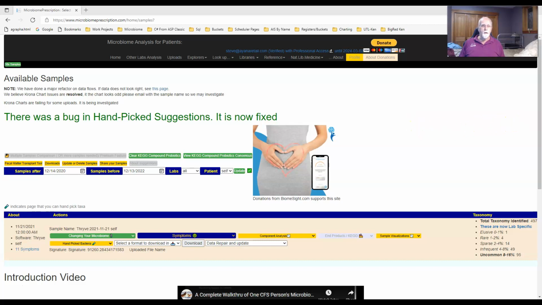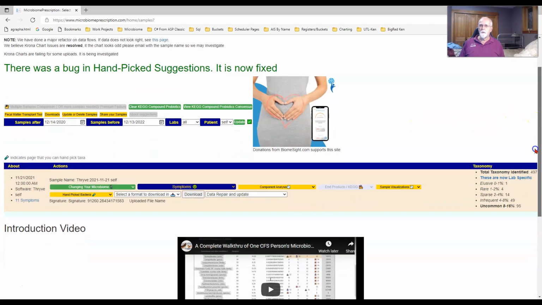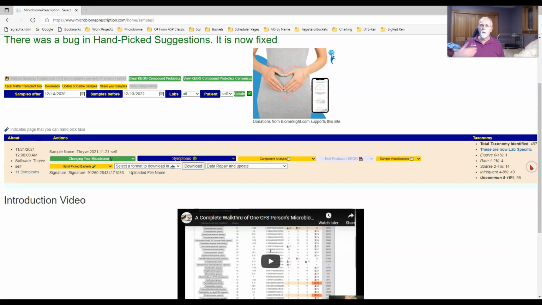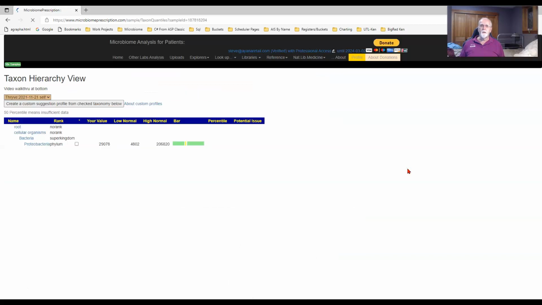So here we are online, we have the samples, and I'm going to walk through some of the steps quickly, which I did in detail in the first one, simply to go through the process. I'm also going to add some extra information for people to learn more about the microbiome. As before, we could just start with my biome chart.